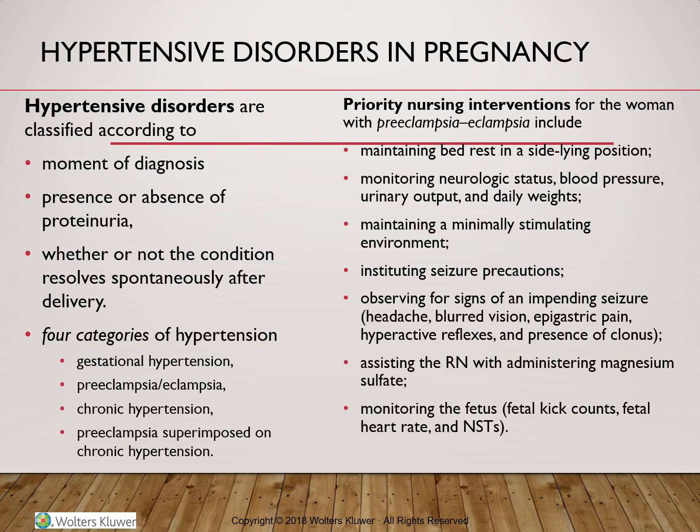serious condition. And again, the normal blood pressure will rise and will reach values over 140 millimeters of mercury systolic or 90 millimeters of mercury diastolic on 2 separate occasions, and this time will be accompanied, and I emphasize, will be accompanied by proteinuria, the presence of protein in urine. Preeclampsia may develop into the serious complication that is called eclampsia, when there is a presence of seizure activity or coma in a woman that previously had preeclampsia.